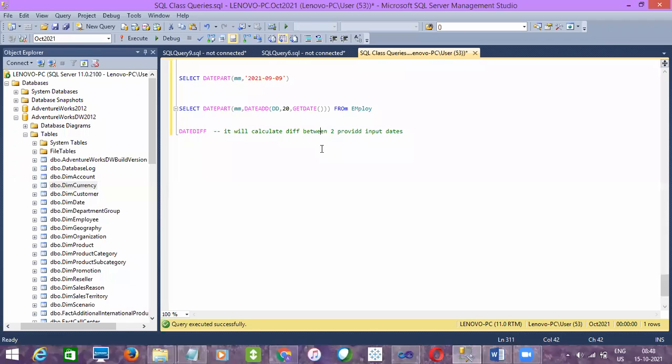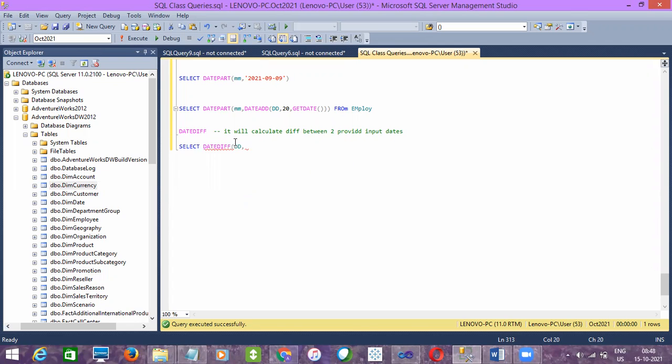Okay, so which means, let's say I want to calculate the date difference between two values. Select DATEDIFF. So this DATEDIFF will be calculated either in months or years or days. So let's say if I want to calculate in days,